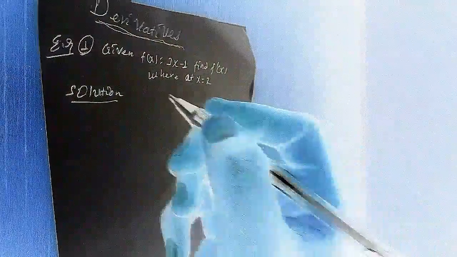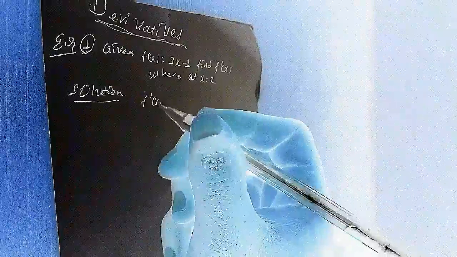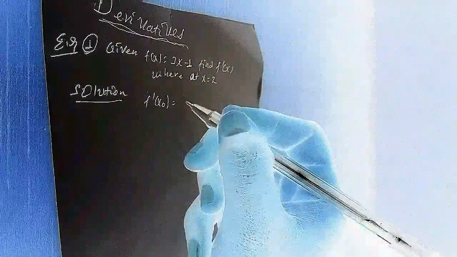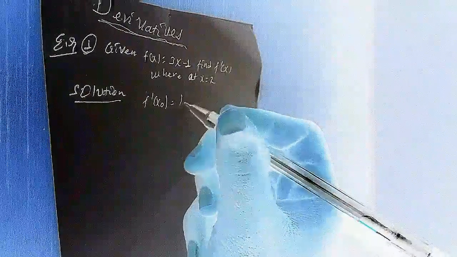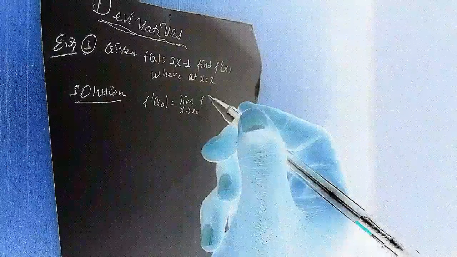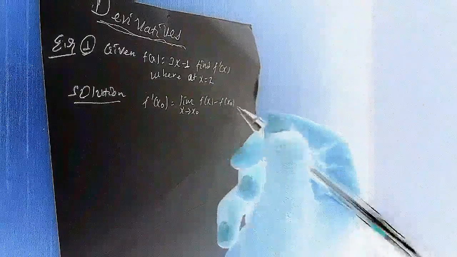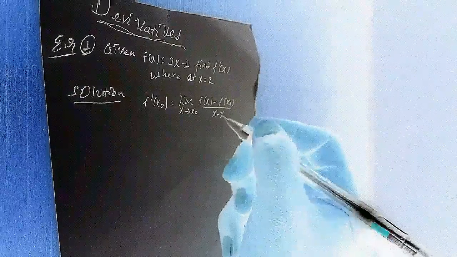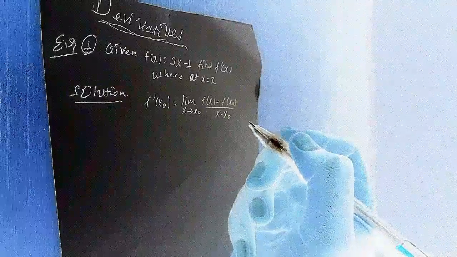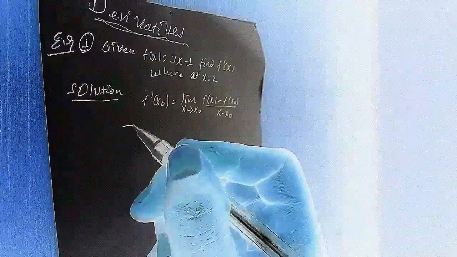Derivatives. In order to find the derivative of f(x) = 3x - 1, first let's see the general definition of the derivative. f'(x₀) equals the limit as x goes to x₀ of [f(x) - f(x₀)] over (x - x₀). This implies f'(x₀)